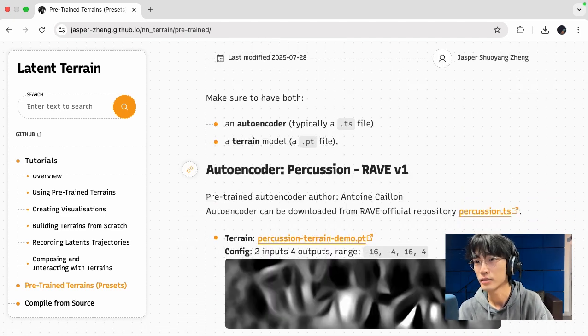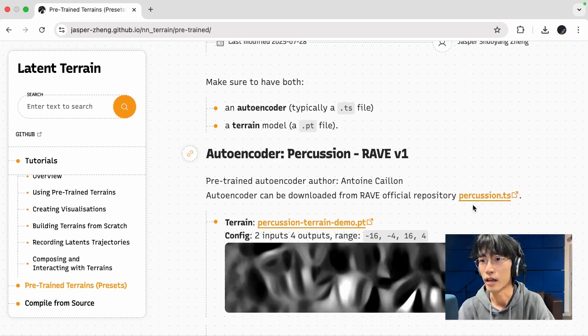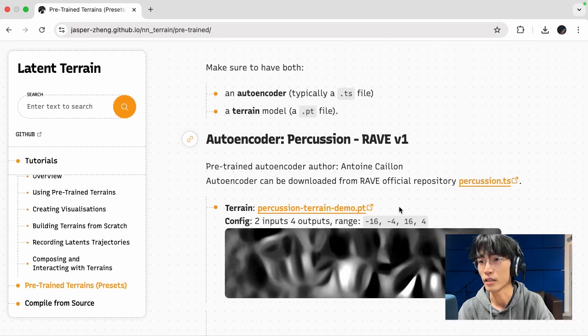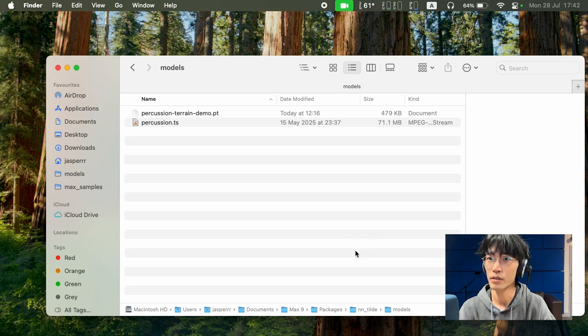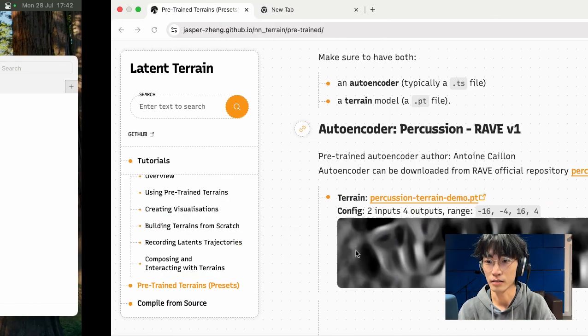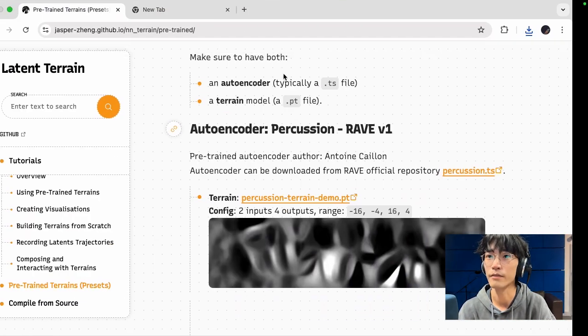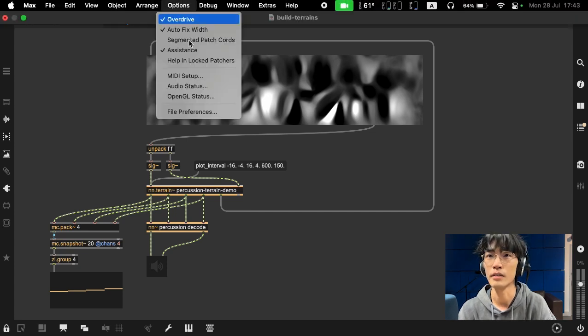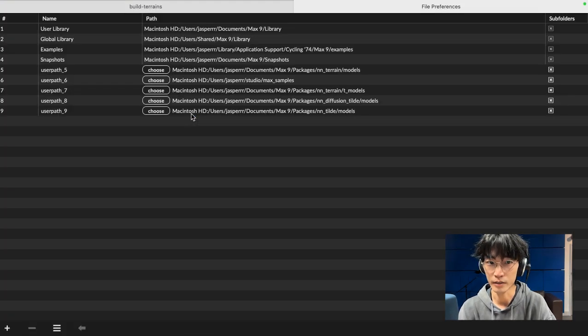We'll be using the Rave model, which is an autoencoder developed by Axid Aircam. We'll be using the one called Percussion, so make sure that you have grabbed the Rave model from this link and also download the terrain model from here, the first one, the demo. We're just going to make sure that our Max MSP is able to find these files. We can do that by going into Options, File Preferences, and make sure that our file is in one of